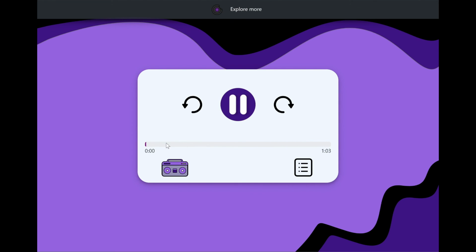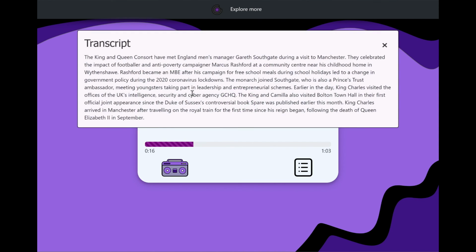shows The King and Queen Consort have met England men's manager Gareth Southgate during a visit to Manchester. They celebrated the impact of footballer and anti-poverty campaigner Marcus Rashford at a community centre near his childhood home in Wythenshawe. Rashford became an We also have the ability to show a transcript if you would like to read it